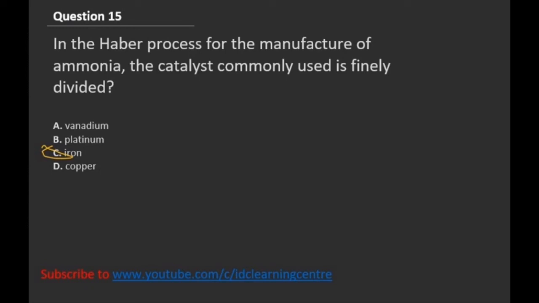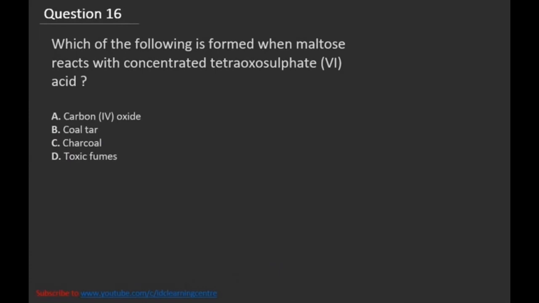Question number 16. It says, which of the following is formed when maltose reacts with concentrated tetraoxosulphate 6 acid? A. Carbon 4 oxide, B. Coal tar, C. Charcoal, D. Toxic fumes. Of course, we know that